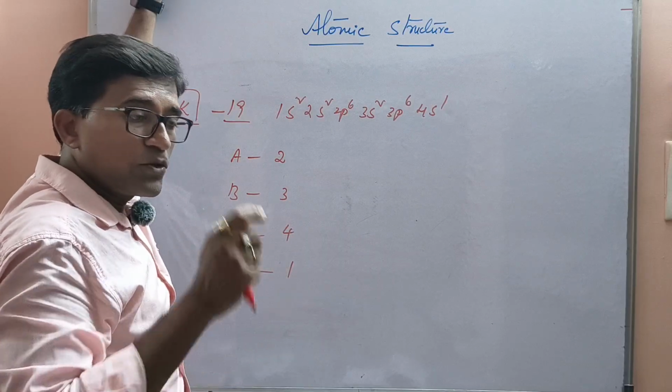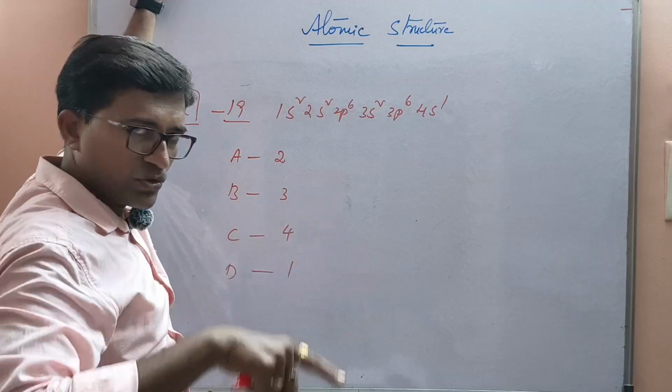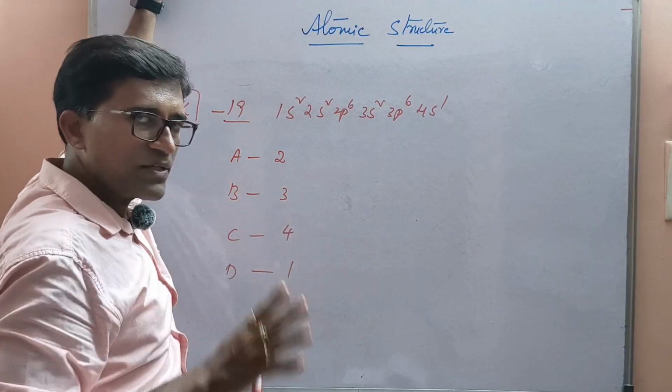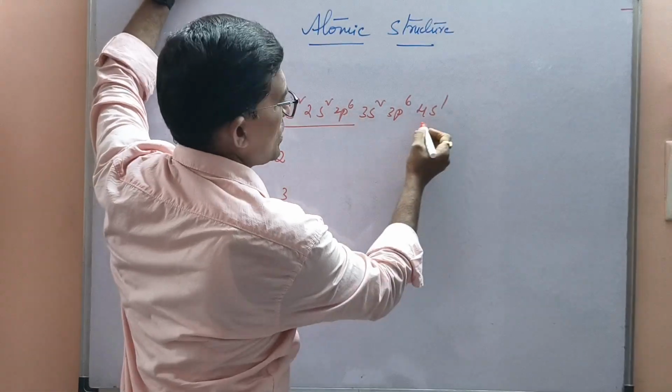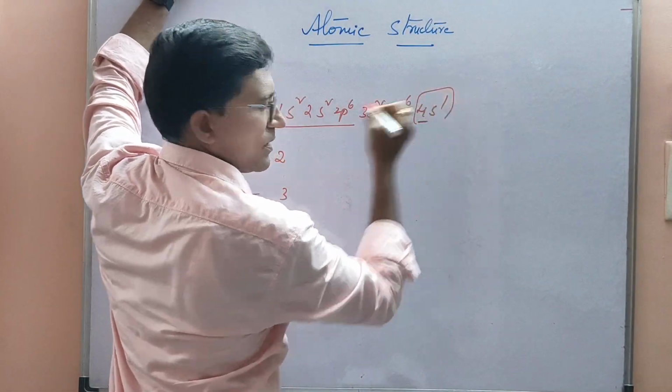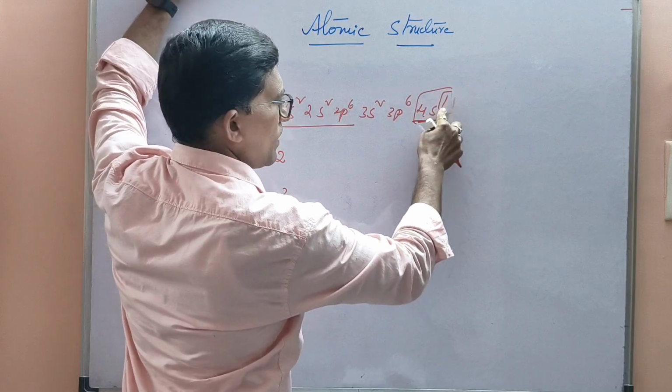But to become stable, how many electrons an atom is going to gain or lose, that is also considered as valency. So in the last shell of this potassium, the fourth shell is the last shell. How many electrons are in the last shell? One electron is there. To become stable,